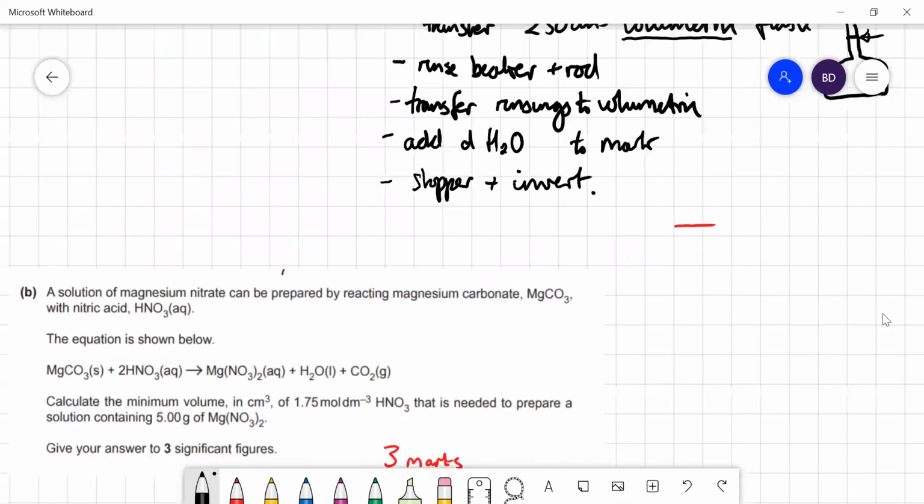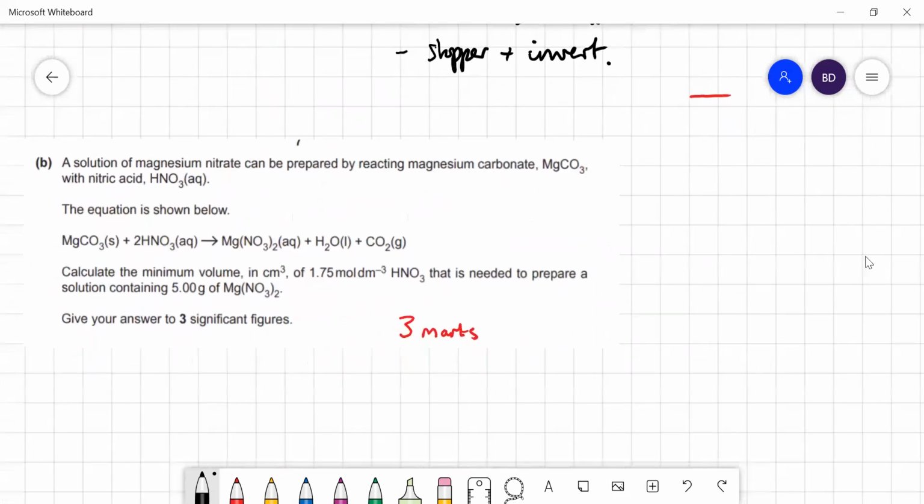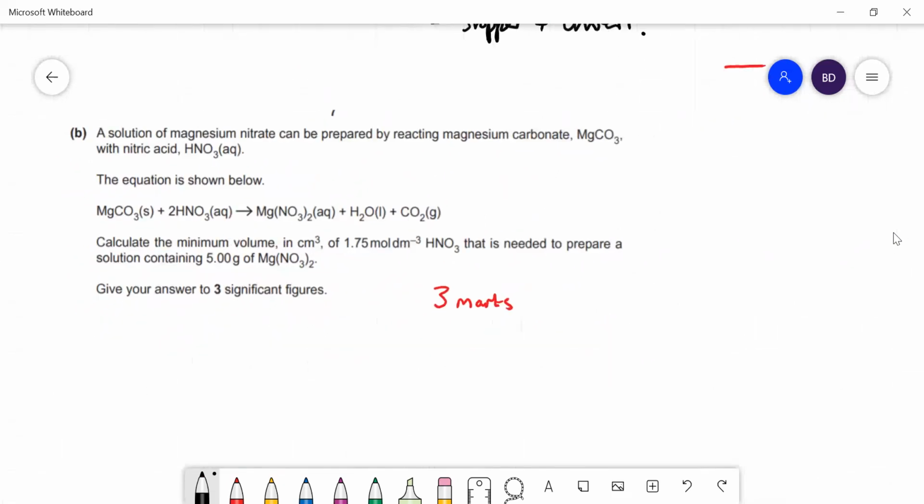Next question then. A solution of magnesium nitrate can be prepared by reacting magnesium carbonate with nitric acid, and the equation is shown below. Calculate the minimum volume in centimeters cubed of nitric acid of that concentration that is needed to prepare a solution containing 5 grams of magnesium nitrate. So first thing we need to do is work out the number of moles of magnesium nitrate. Moles of magnesium nitrate in 5 grams